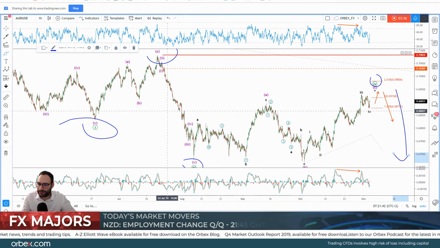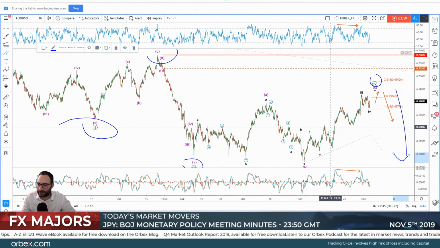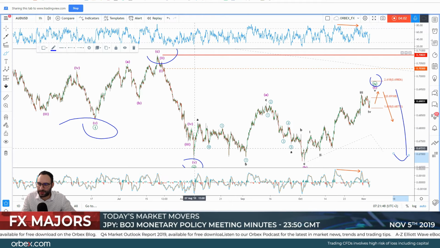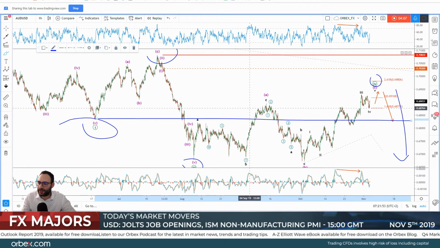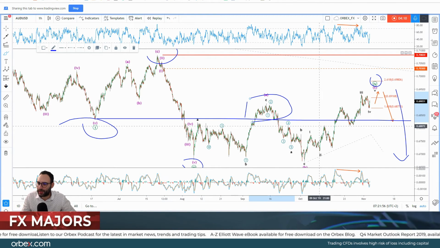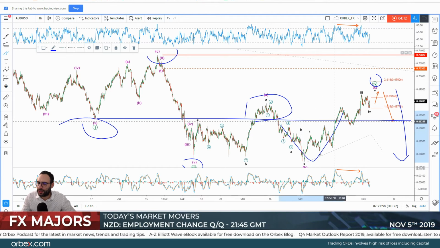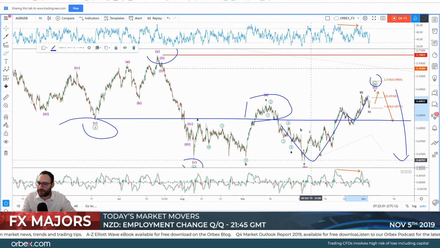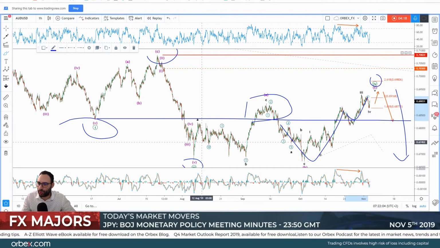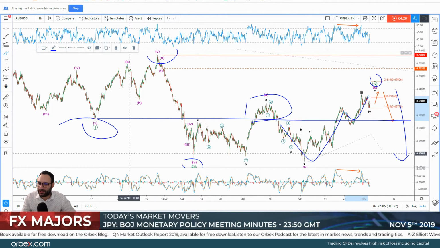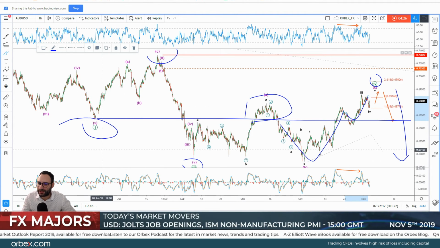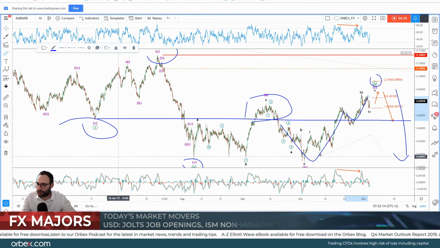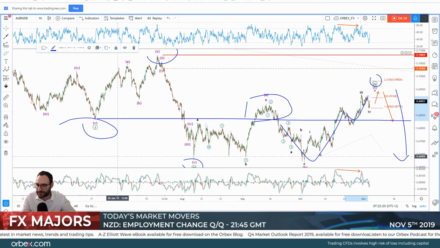On that move to the downside, it is certainly not as impulsive as we originally thought because we broke above that level, right? We've had this break initially, which could be a false break, but now, of course, after this correction and then the continuation higher, we can say that's not really impulsive, which makes me think, are we on 1, 2, 3, 4, and 5, or are we going to turn this into a corrective move? Okay. We still have some time to see how this turns out.